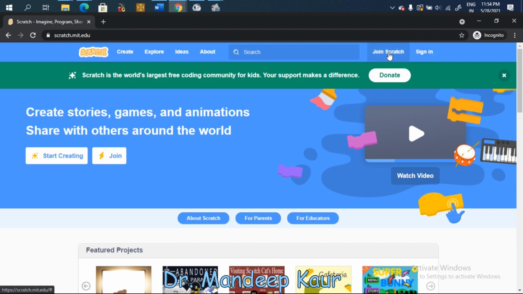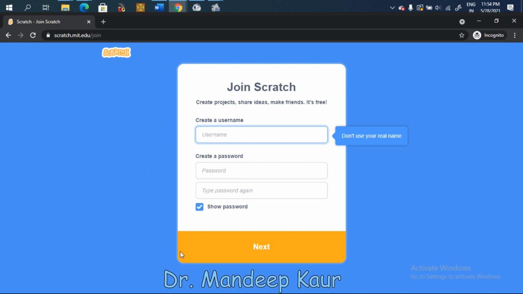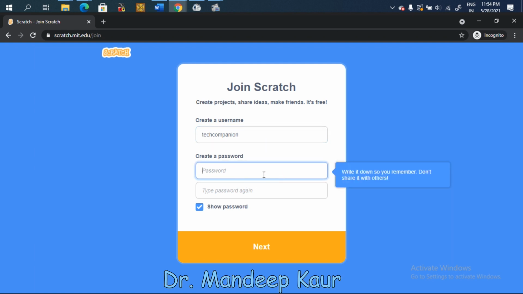Here you can put any of the username of your choice. So here I am giving Tech Companion. Any unreal name you want to share with the world of Scratch, you can use it. And when you click here, you have to type any password. So now whatever password you are typing here, you have to type it according to your convenience. So here I am giving a simple password as computer@123, and here again it will ask you to type a password.